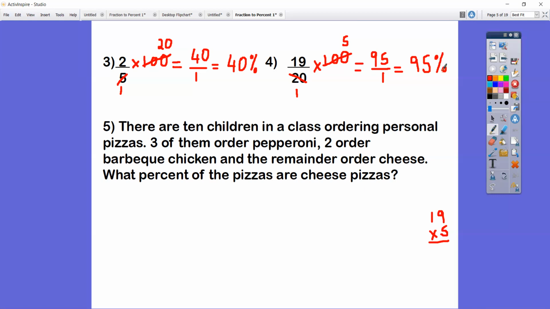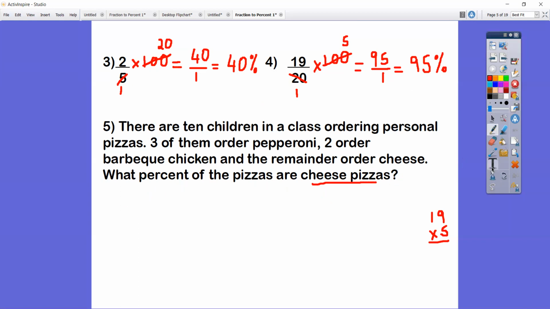There are 10 children in a class ordering personal pizzas. 3 of them order pepperoni, 2 order barbecue chicken, and the remainder order cheese. What percent of the pizzas are cheese pizzas? Well, first, we write it as a fraction, and we look at the necessary information, like how many cheese pizzas? Well, 3 ordered pepperoni and 2 ordered barbecue chicken. 3 plus 2 is 5. The remainder,